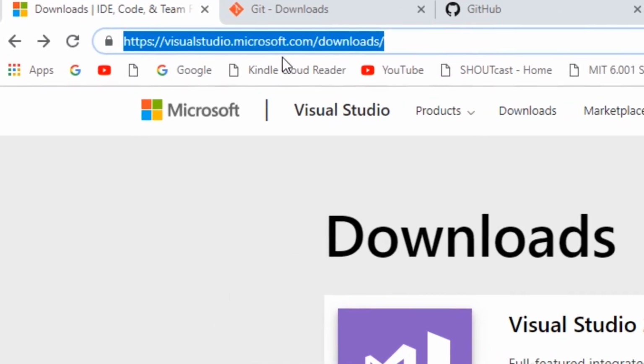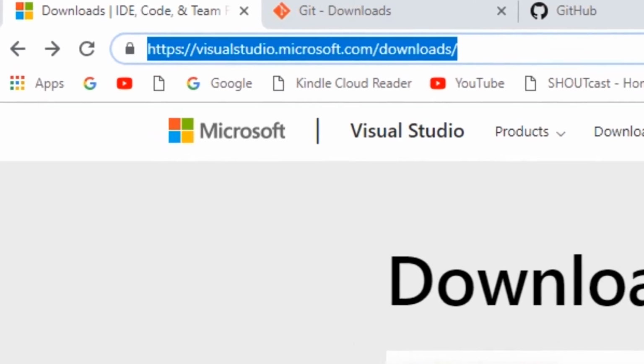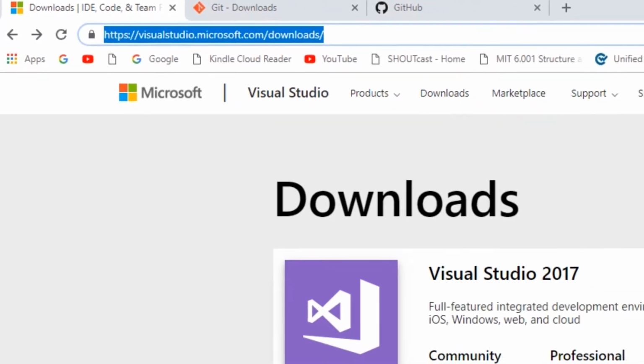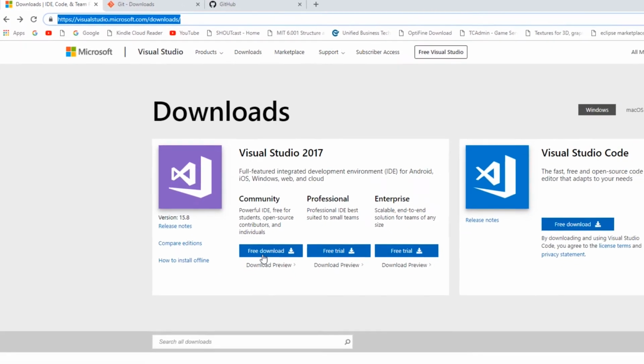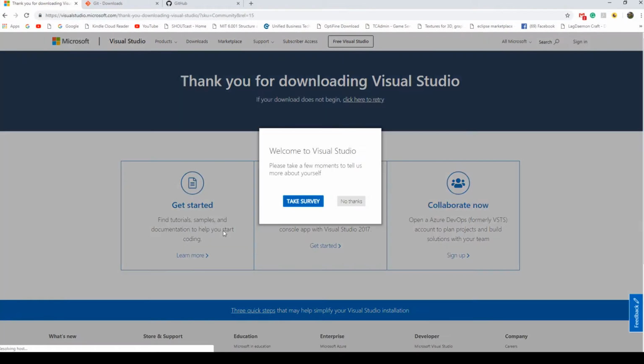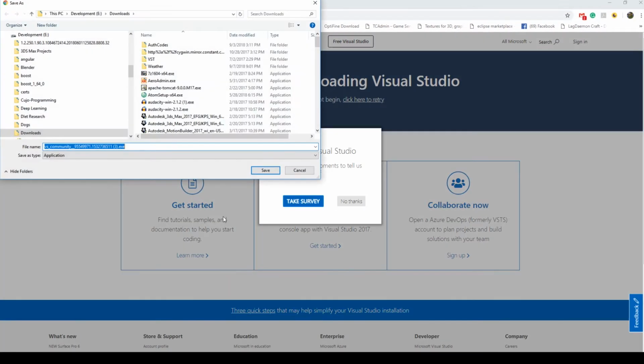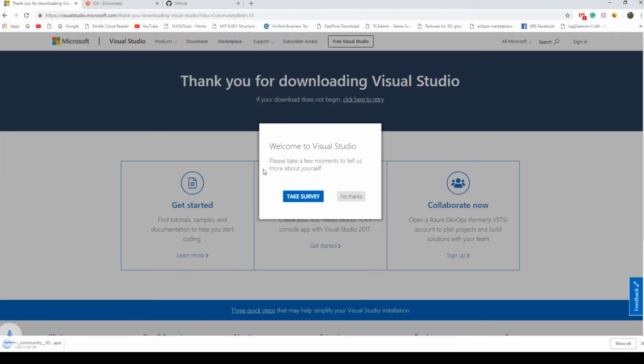It's visualstudio.microsoft.com/downloads, and you'll see the Visual Studio here. We want the Community Edition. You just click on the free download. It'll come to this, ask you for a survey. You can fill out that survey if you wish, and you can save it. I'm going to go ahead and save it so that I can easily bring it up here, and no thanks